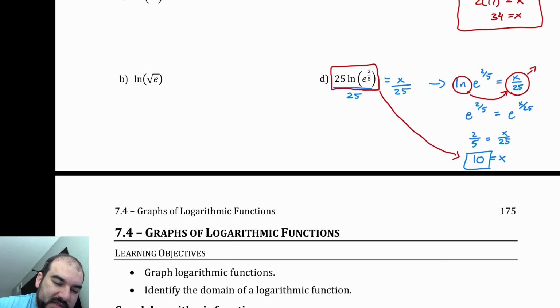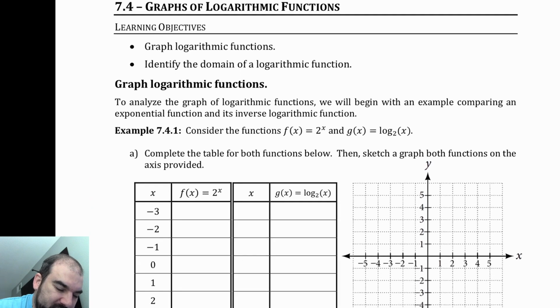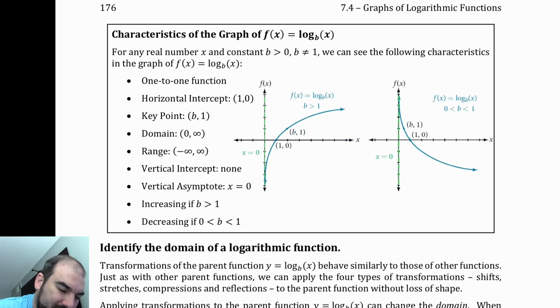All right, that completes the introduction to logarithmic functions. 7.4 is about graphing, and I'm going to go straight to this properties or characteristics box on page 176. We're going to treat these kind of like how we treated exponential functions and how we graph those, but instead